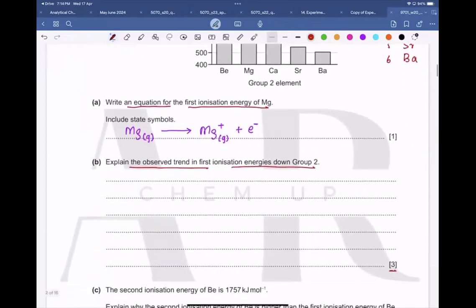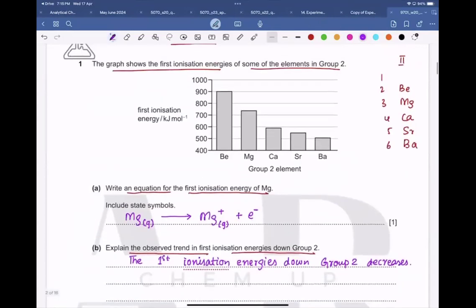So if you write that, let me write it, that the first ionization energies down group 2 decreases. If you write this, this is what is happening over here, what you are observing,